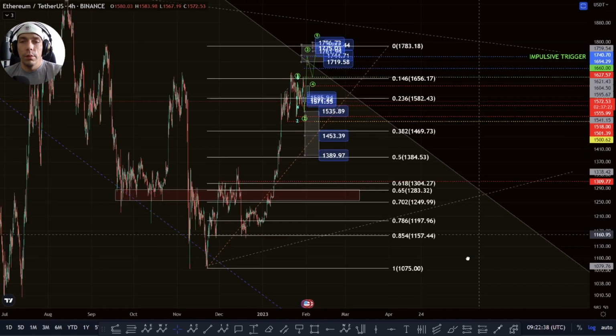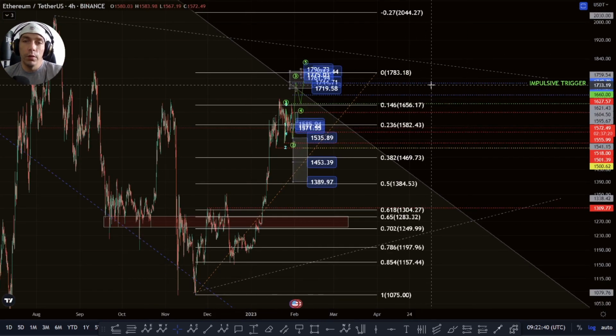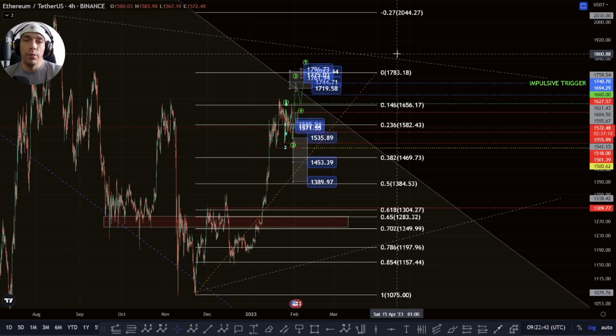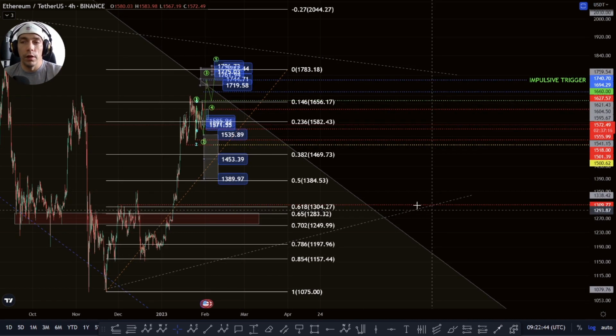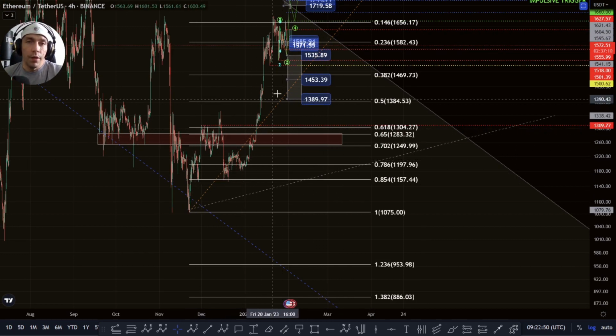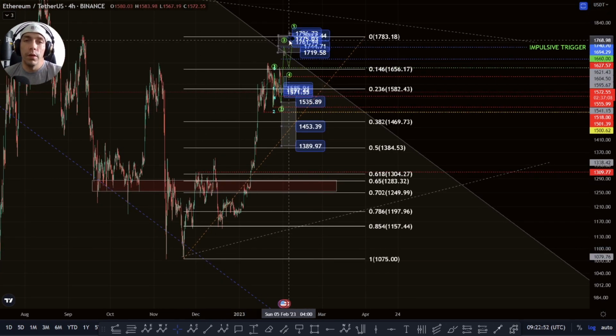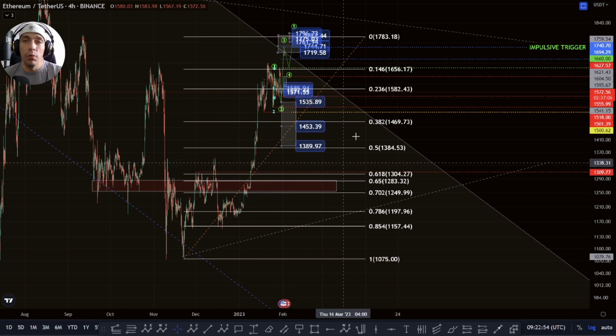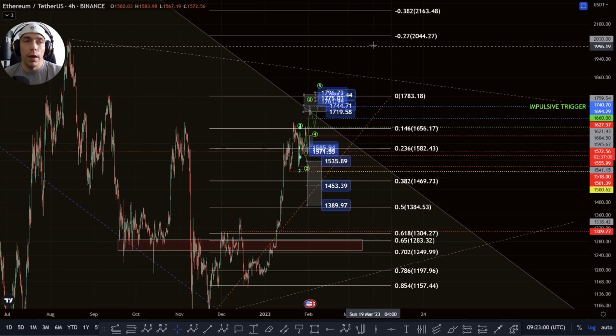Or alternatively, we could still be forming a triangle within here where we form a B wave, form a C wave, and then we just consolidate sideways for a long period of time. So we just need to give it a bit of time and see actually what plays out here. If we do get this 5 wave move play out, we retrace, we find support, and then we actually push up higher, then we could actually look to argue that we have a bullish structure, but we'd have to break this